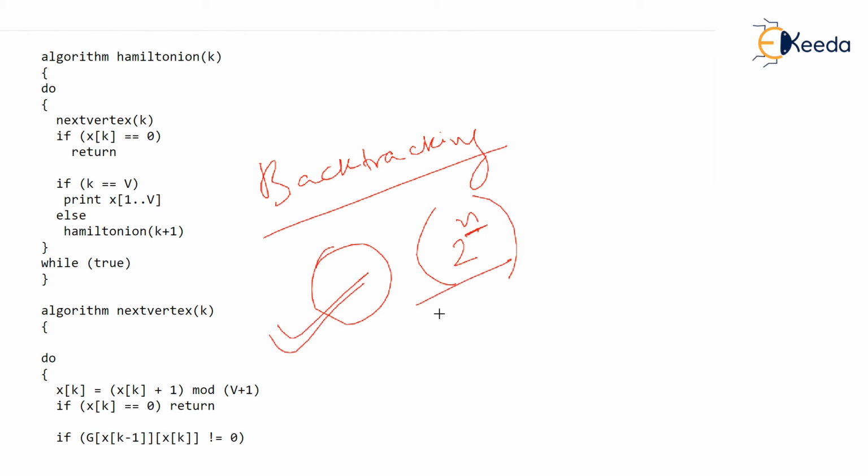This time is so huge that if you run your problem on an average computer, or maybe a very good machine with the latest configuration, with a huge number of vertices, for example a graph of 1000 vertices. In the earlier examples, we had 4 or 5 vertices, isn't it?